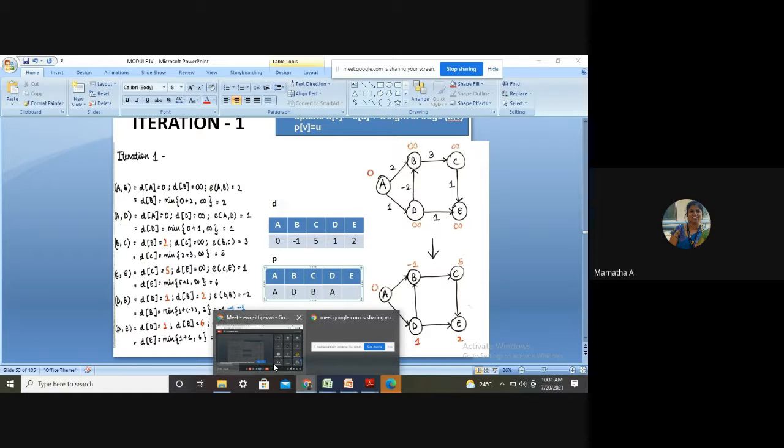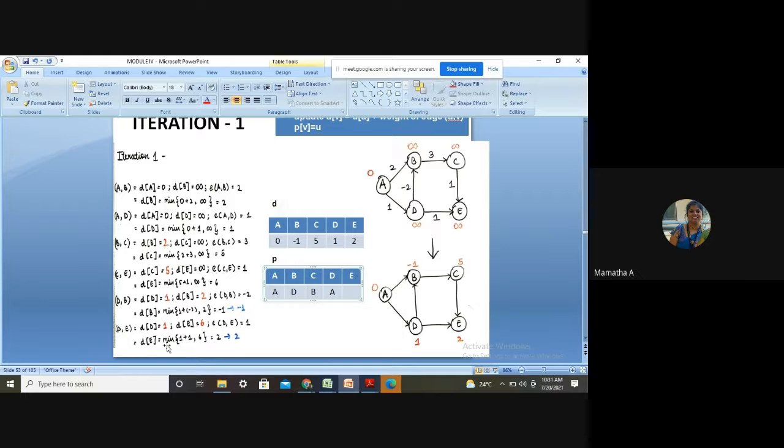Students, the last one, give me the answer. PE? D, ma'am. So I have to give D. Yes. So this is the matrix that I obtained with respect to the first iteration. Whatever you can observe, earlier it was infinity, is now changed to -1, 5, 1, and then 2. If you want, you can write this, otherwise you can omit, not an issue there.